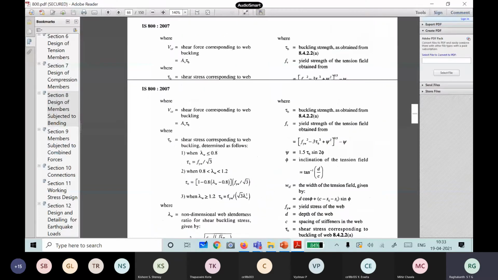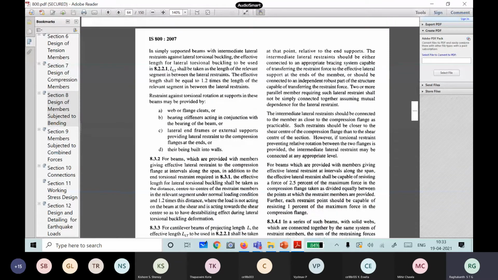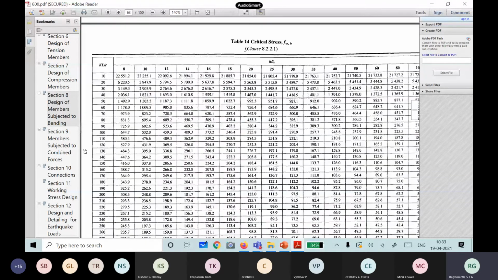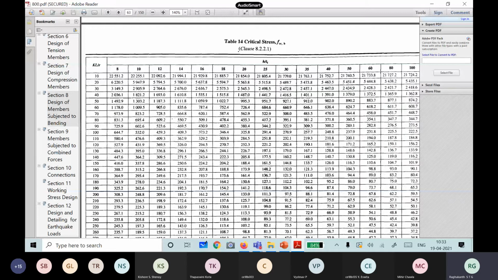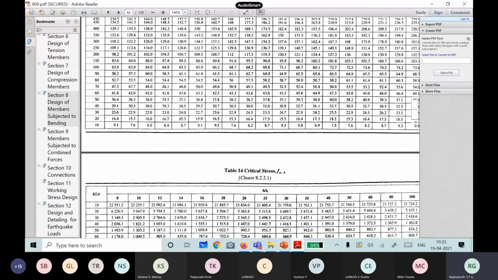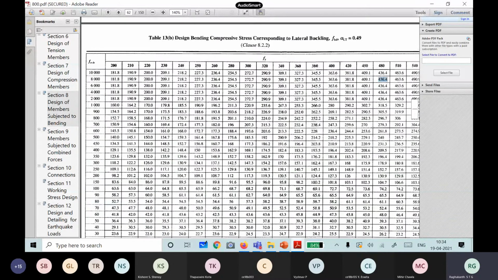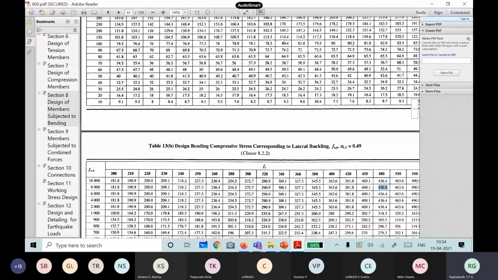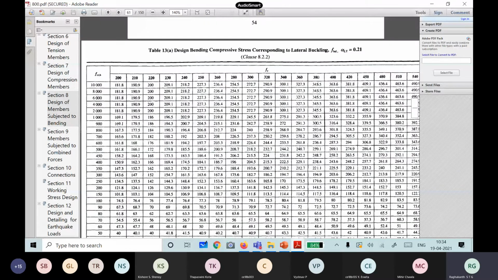First thing, you have to use table 14. You find out the slenderness ratio of the beam, the h by thickness of the flange. From this you select FCRB. Once you know FCRB, come back to this table. If it is a welded beam, use this one. If it is a rolled section, use this table. From this table, I know the yield strength, that is 250. Then the FCRB I will calculate from table 14. Based on these two, you can directly get the design bending stress also, if you are not interested in using all those tables itself.